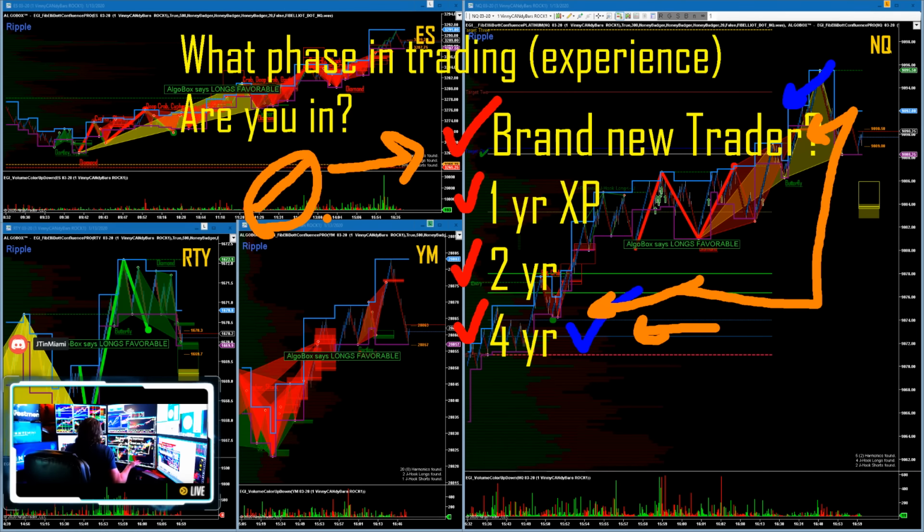Now, we had somebody in our room today, and I'll give Ron a hard time a little bit here. He said, well, as a professional trader now, why do we even have a sim account? I want NinjaTrader to be able to remove the sim account. Well, I don't think that's wise either. My analogy is that's like telling a professional baseball player that he should never go to the batting cages. That's a little bit silly, okay? You should not just always be trading live, even as a professional with 4 years plus experience, even doing this full time. You should still have time where you are practicing market, especially as markets tend to change and as phases come.